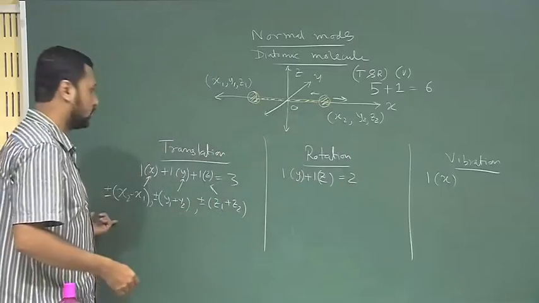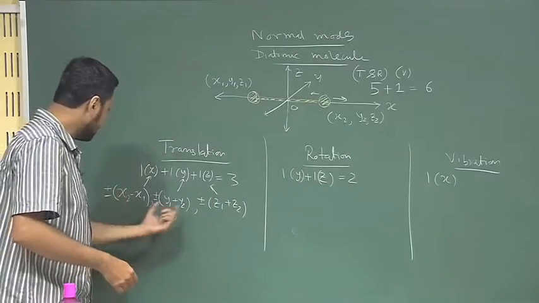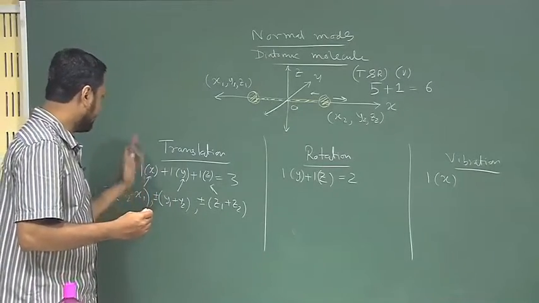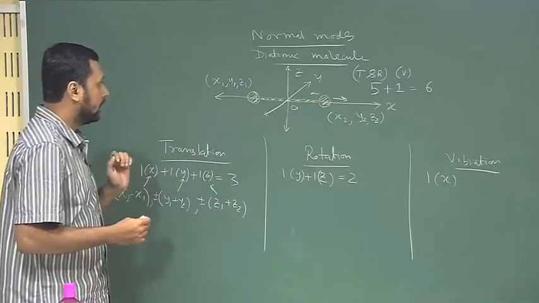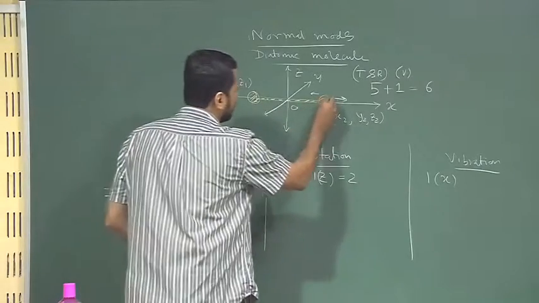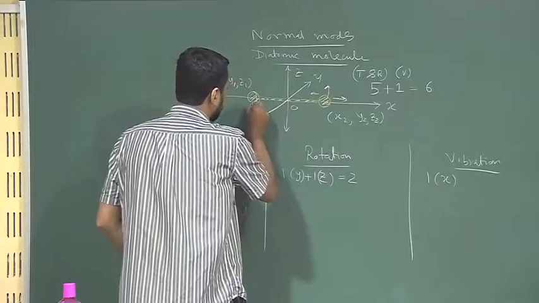So, these are the right coordinates. These combinations of coordinates will give you translations along x, y and z. Now, for rotation around z, what happens? If it rotates around z, let us say in this direction,